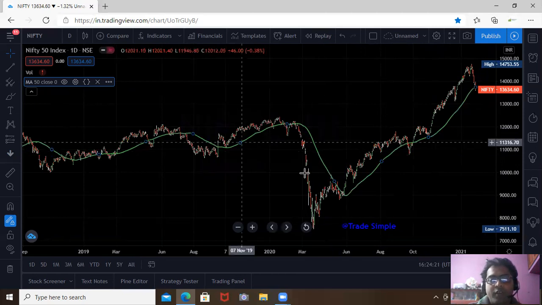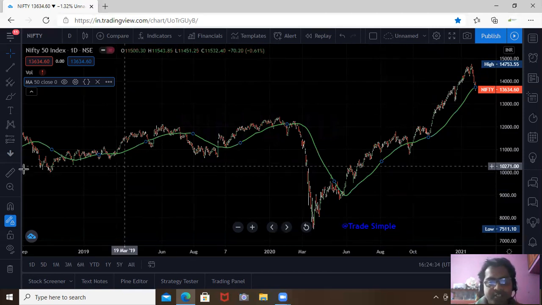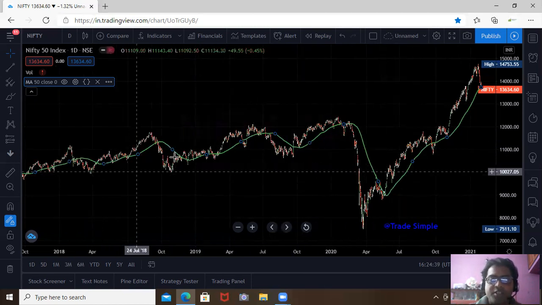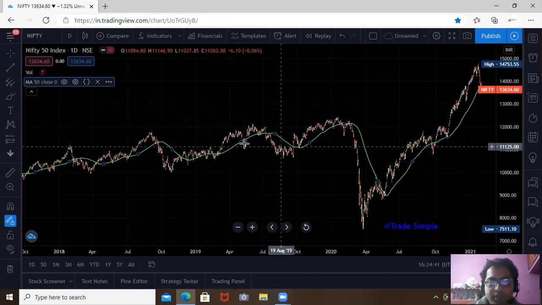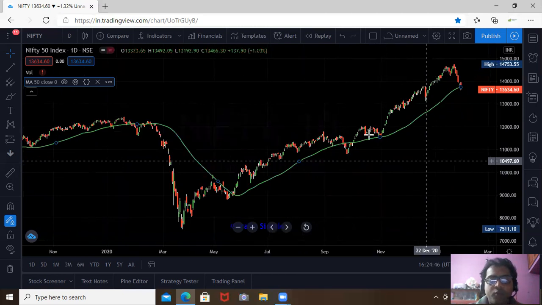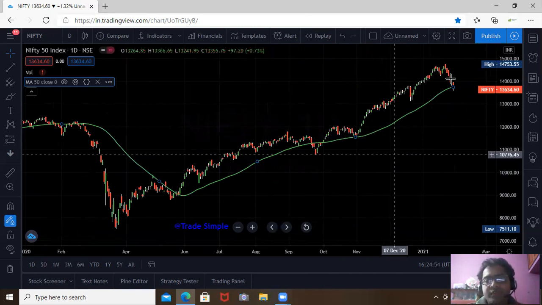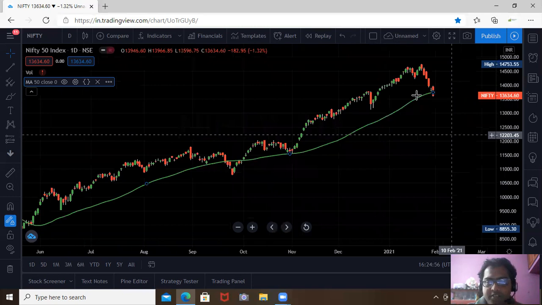In the 50 moving average, we can set any rule or any algo that whenever my stock is above the 50 moving average, I will take a bullish view. You can see in this one, the Nifty, whenever it is above the 50 moving average, it always gives you a retracement whenever it is falling from the upside around this 50 level. So the strategy can be that we buy near the moving average level and create a long.